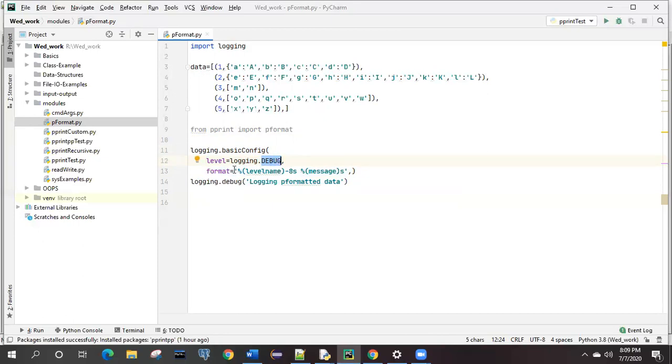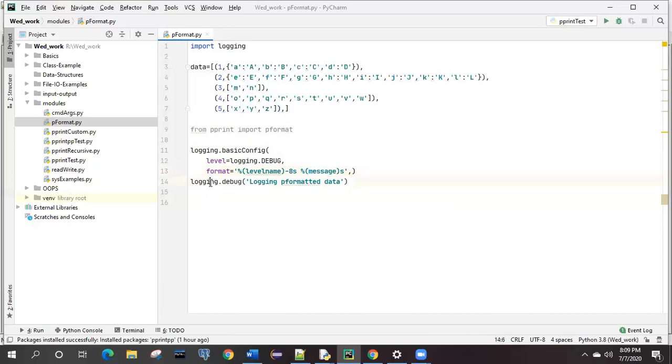If you wish, you can also set a message. Suppose some debug information is coming, and you want to set a specific format for that message, meaning how it will be displayed in the console window. This is the format. Inside it we have the log name, so the label name will be debug, and then the message. Whatever message you want to pass can be passed here.